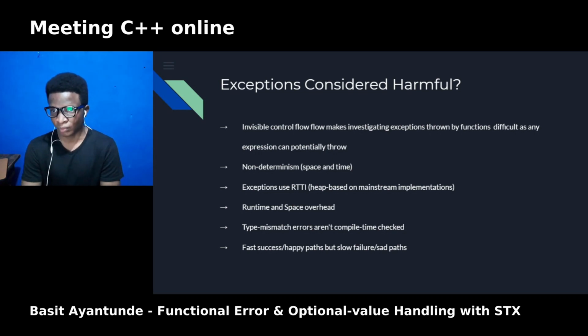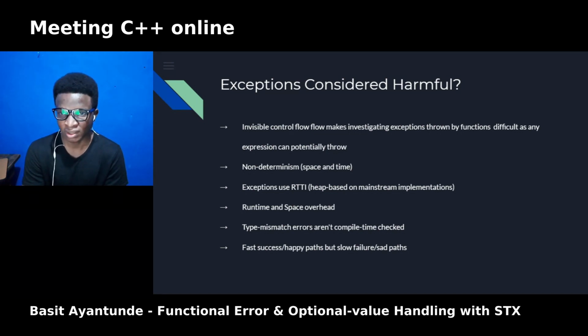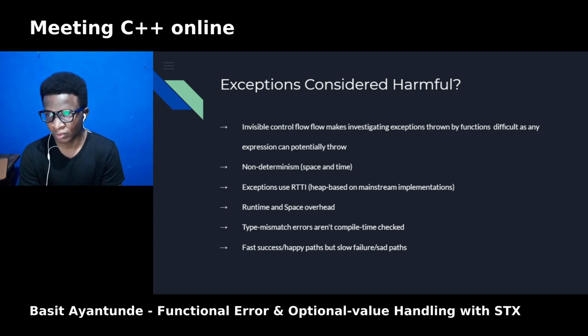I see it as both an advantage and a big disadvantage, because ideally any expression can throw, and there's no way of knowing which expression throws and what exception it throws merely by looking at it. You'd have to inspect the expression source code to be sure, if the documentation for it is available, or if it is a proprietary library. You'd have to hope the library authors provide good documentation.